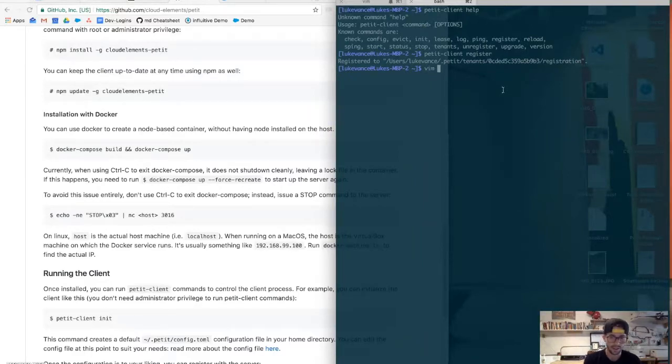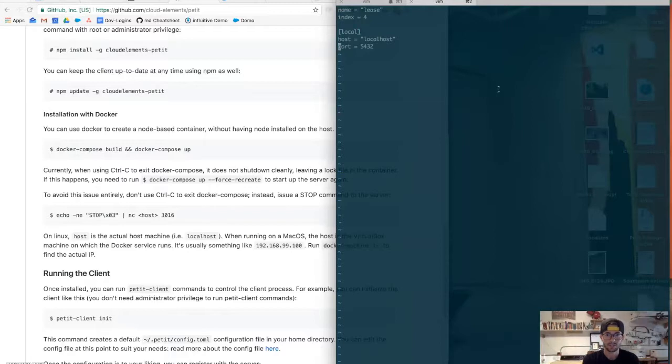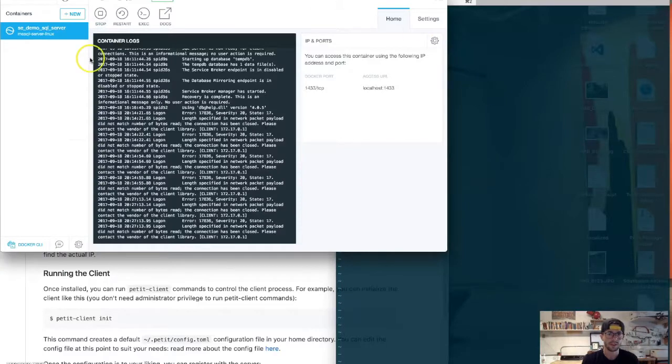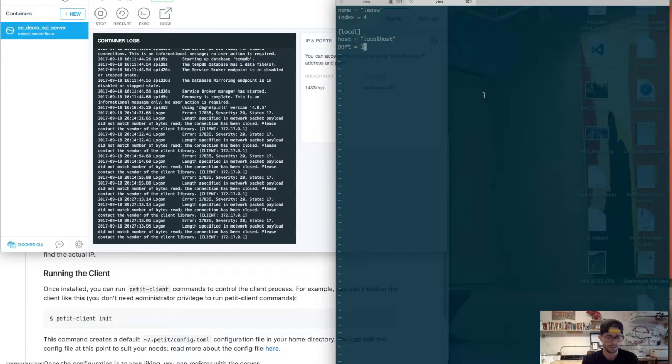So now I can actually get in and we'll go to my tenants folder. And this is the ID up here that we just got of our registration ID. And we're going to go in here. There's going to be a config folder in here. We can look and see. Go to the config folder, edit that. So this by default is by looking at our local host. Because I know that according to Docker, we're running this image on localhost 1433. That's the server that I want Ground2Cloud to expose to Cloud Elements Live. So I'm going to put in 1433